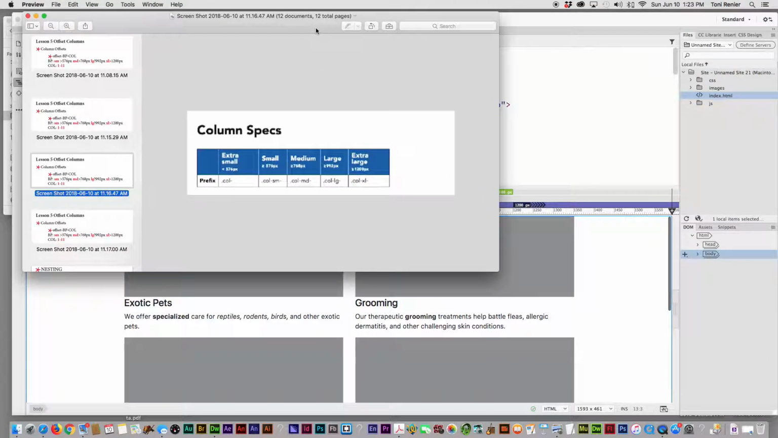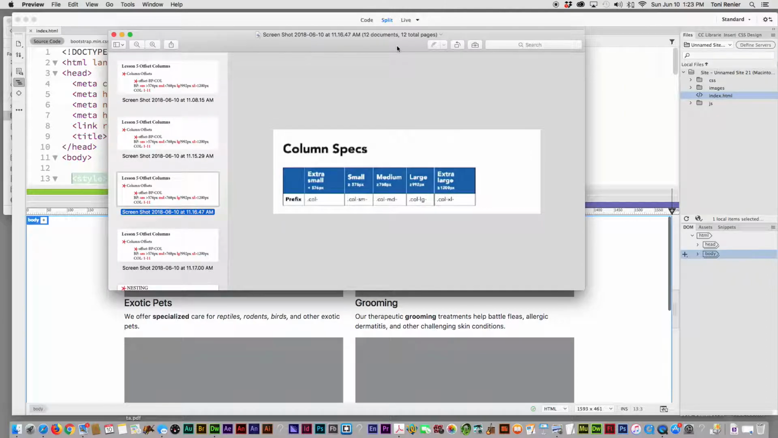All right, so taking a little bit more detailed look at what I'm talking about with the column and its specs and how that functions. Right here, and I know it's a little bit hard to see because it's a little pixelated, but extra small is less than 576 pixels. So when your window gets to less than 576 pixels, that's